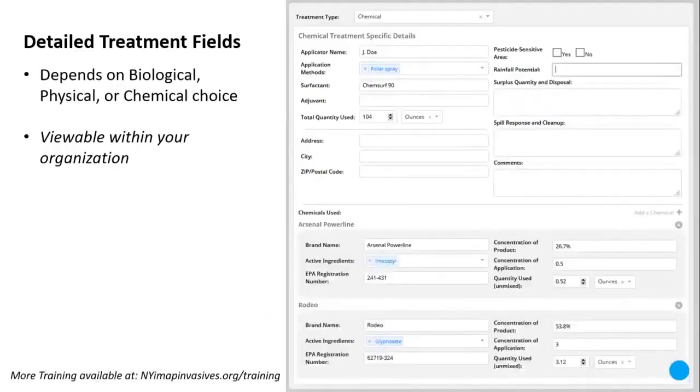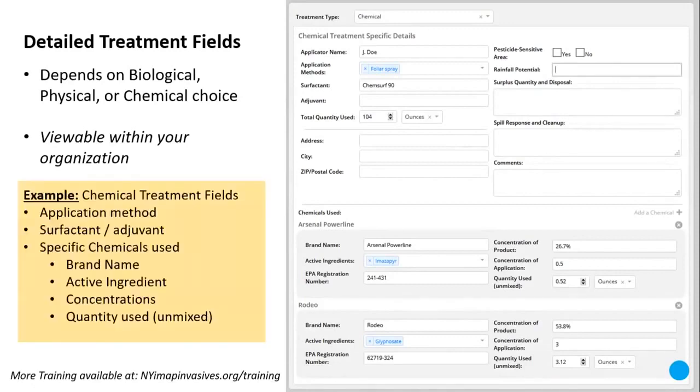These detailed treatment fields are only viewable by others within your organization. This is what the chemical treatment fields will look like, but this will depend on what type of treatment it is, like chemical, physical, or biological controls. All of these fields are optional, but feel free to add in as many details as you would like: application method, chemicals used, quantity applied, and more. And I will hand it back over to Mitch so he can tell you more about